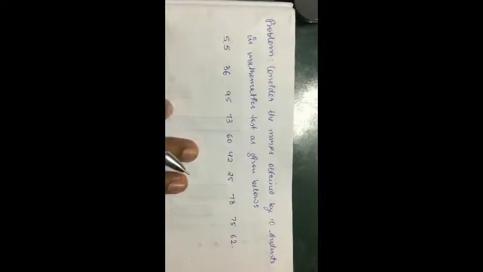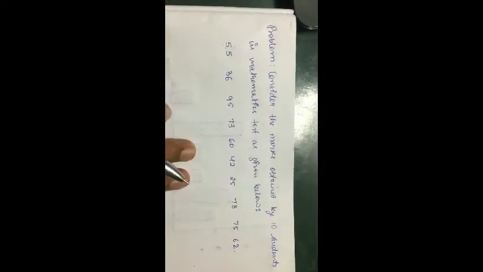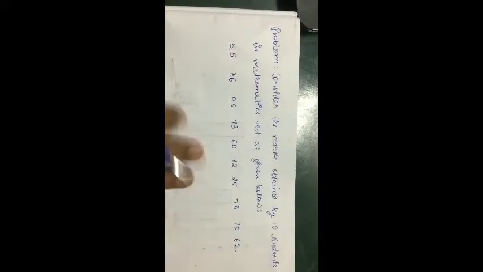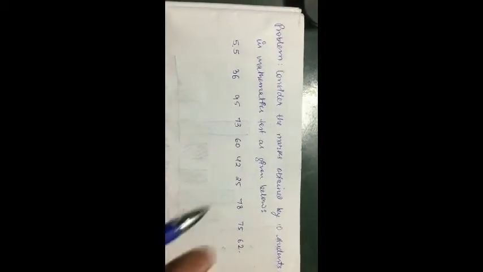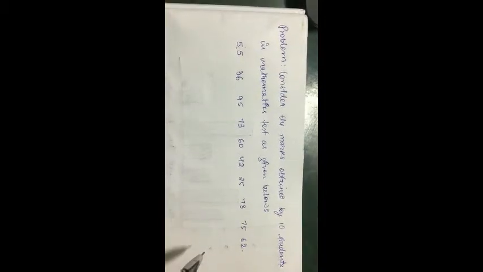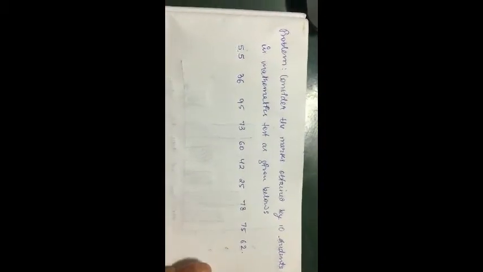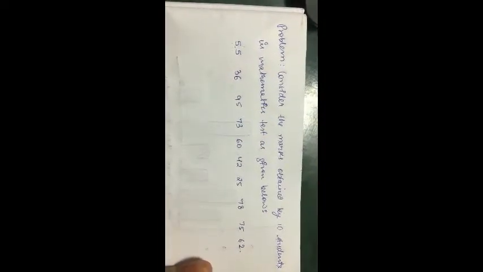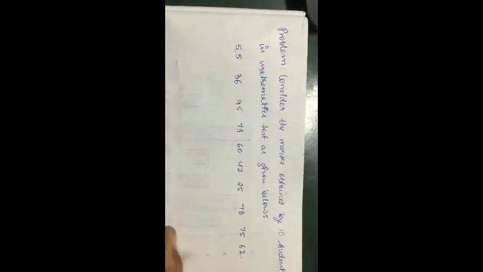So we are going to solve a statistics problem here. Let's say you are given the marks obtained by 10 students in a mathematics class, which is given below. You are asked here to find the marks for the lowest in the class, who got the lowest marks in the class. In order to find this without a systematic way or using any statistics algorithm or formula, you are going to take a lot of time because you have to keep account of everything,